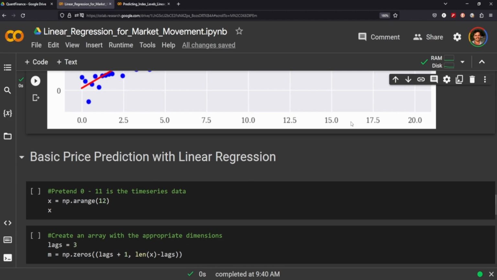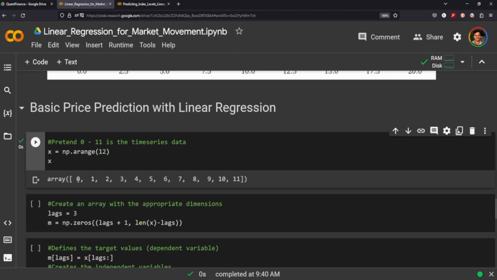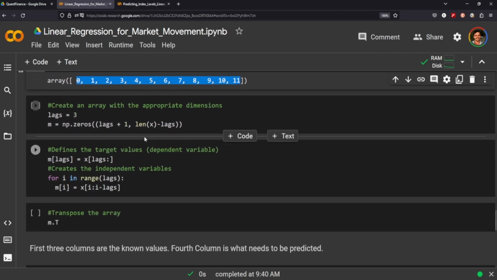So what would it look like for a basic price prediction using this method? We'll do the same thing. We'll create a time series model. We'll set our x as a set of numbers between 0 and 11. So these are our prices here for the x. And for time series, when you want to predict what the next number in the series will be,